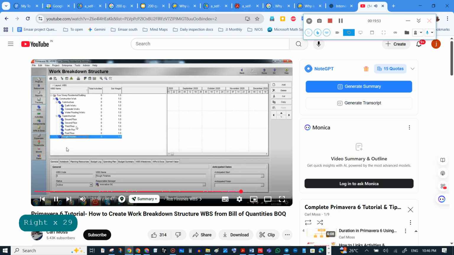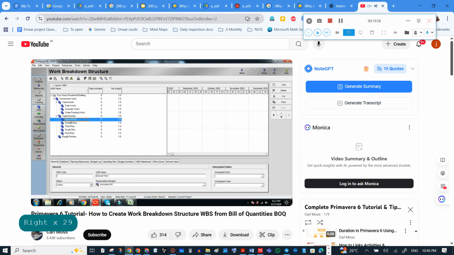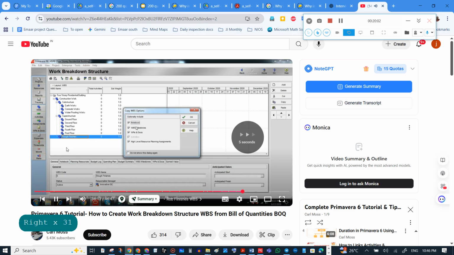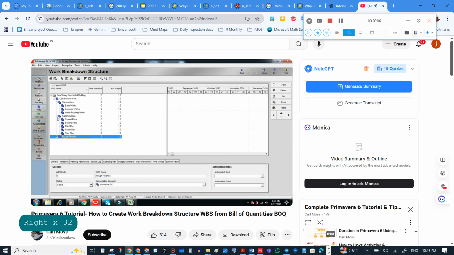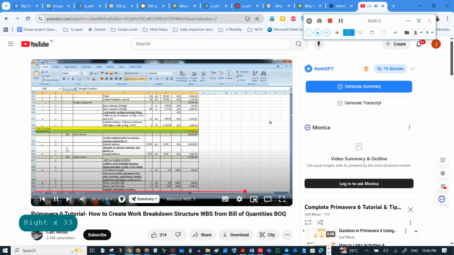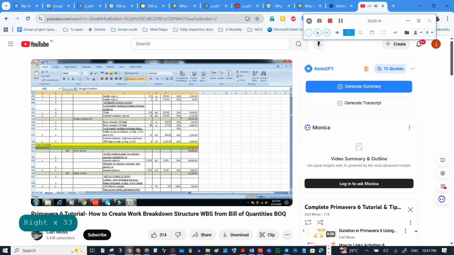So just copy this ground floor to WBS sublevel.